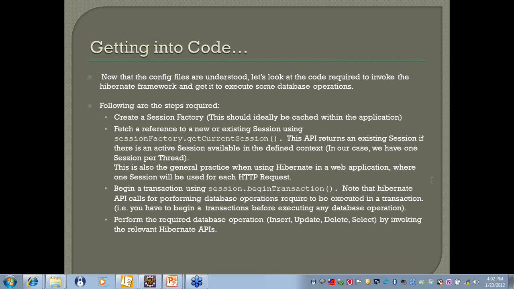Yeah, the current session class property. There are other values like JTA, Java Transaction API, and there is also another which I don't recollect, but I think Java Transaction API is another one of them. But there is a third one which I'm not recollecting at this moment of time.